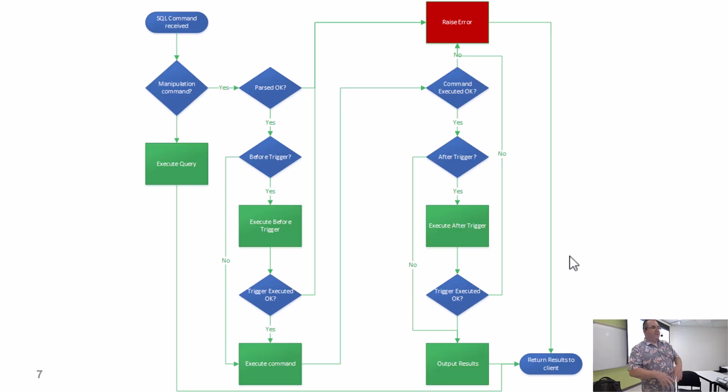So with the update, let's talk about an update. Same thing. So it gets parsed. Is there a before trigger? Yes. Theoretically, now you have the new and the old. And I actually have an example of a trigger I wrote years ago. I just gotta go find it. I forgot to pull it up before class, so not sure if I'll find it before the end of class